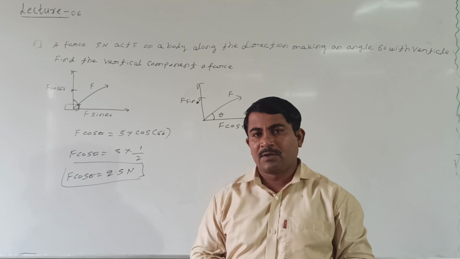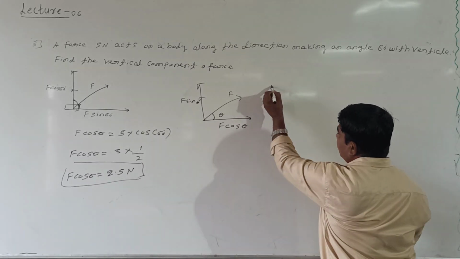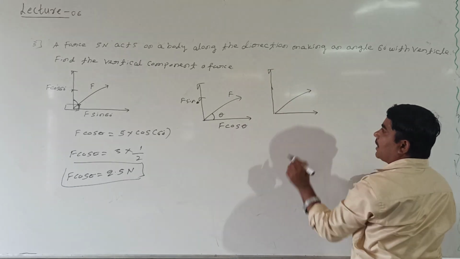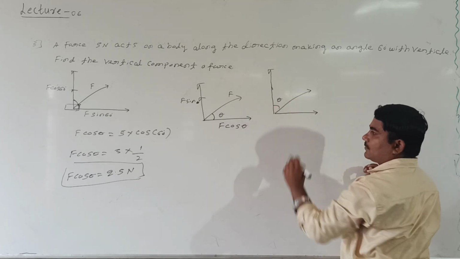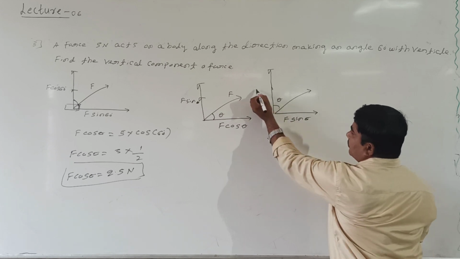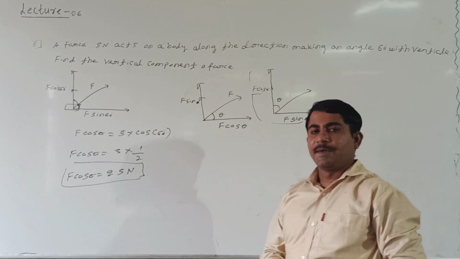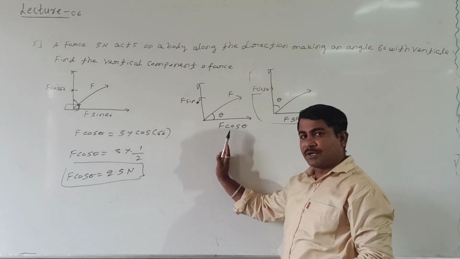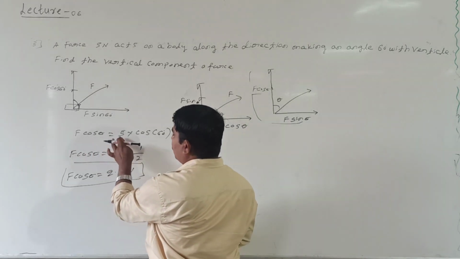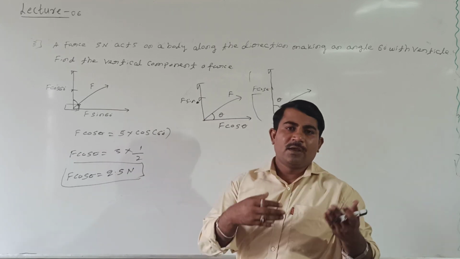Angle made with horizontal. But what is being asked? Angle made with vertical. Angle made with vertical means, look at me, this is one force, F is there. Angle made with vertical means this angle I can take as theta. Then this becomes F sin theta. What about this? F cos theta. Situation is like this in this condition. Right? Angle made with horizontal in this condition, angle made with vertical in this condition. So I am using F cos theta equal to 5 into cos 60 degree. So this is the vertical component of the force. Again copy this numerical. One more numerical we will see.